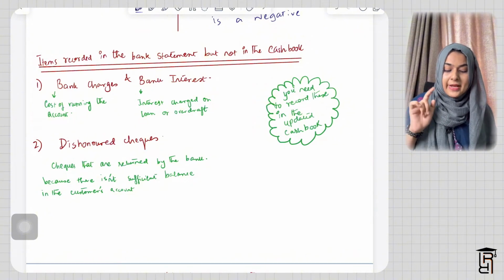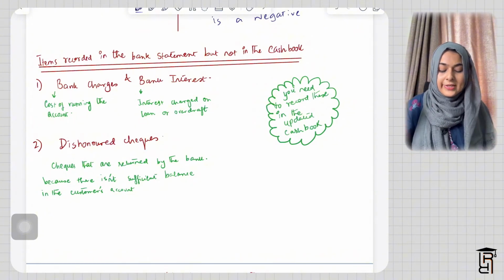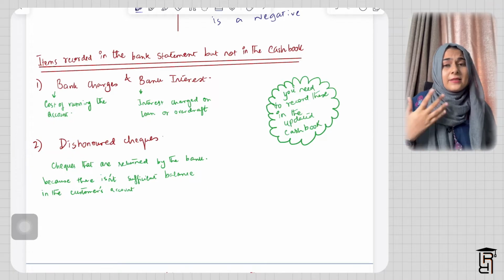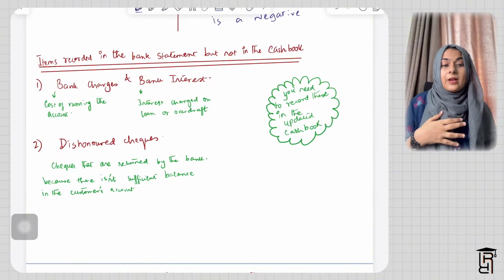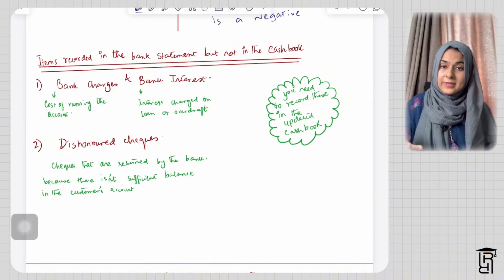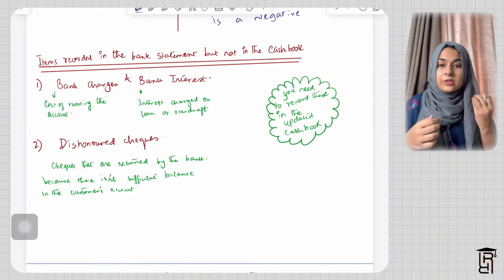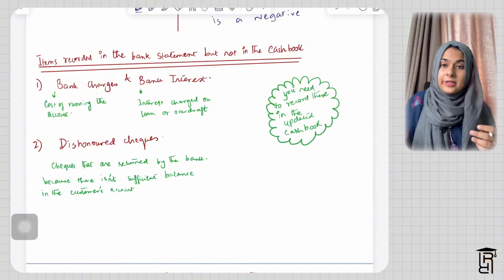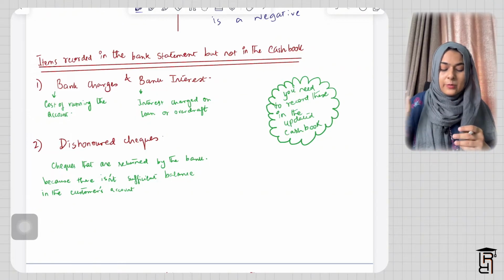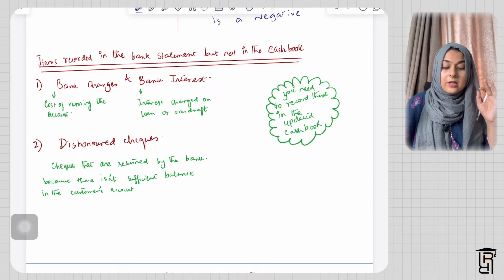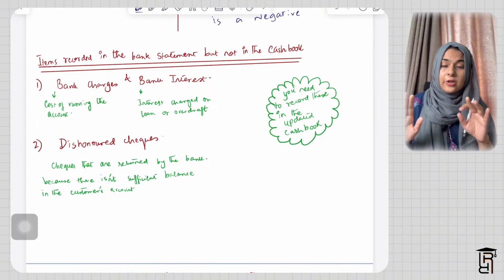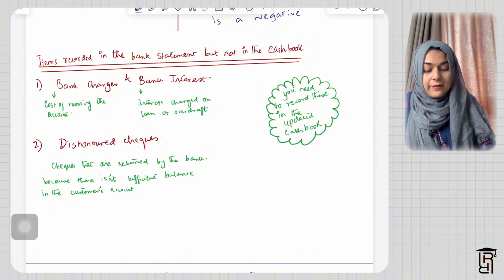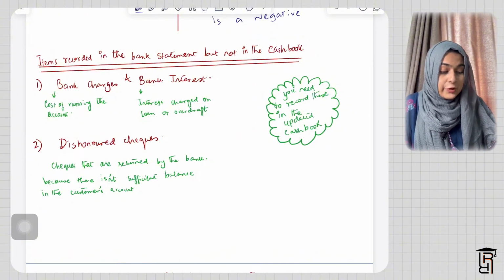One is bank charges and bank interest. Bank charges are a cost of running the account, for example service charges. If the bank is maintaining the business account, they will definitely charge some money as a service charge. That is how banks earn also. That is one sort of charge which is not recorded in the cash book, so whenever you make the updated cash book,